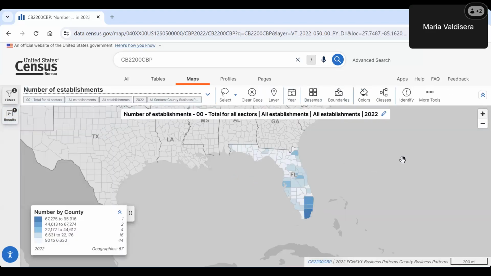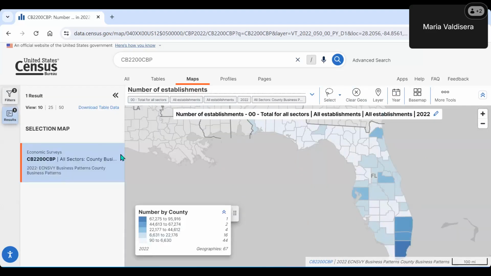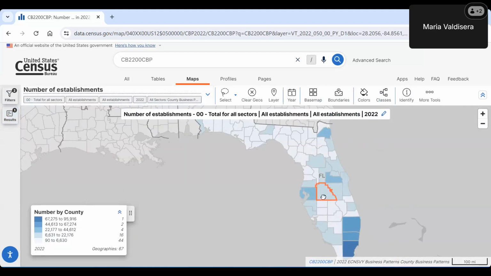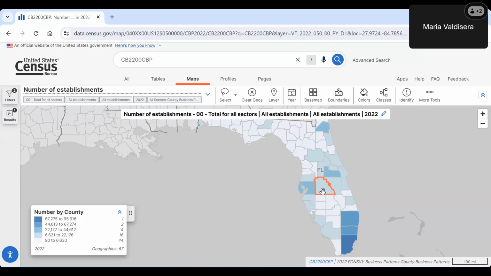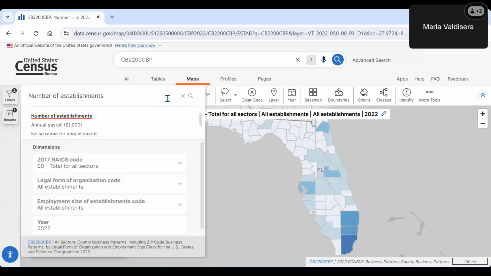So this is defaulting to the single table that we have. If we click on the results panel, we can see here, this is defaulting to the total for all sectors NAICS code that we have. So if we scroll down, or if we click on this downward facing arrow, we can scroll through the data variables and then also change the dimensions of our map.